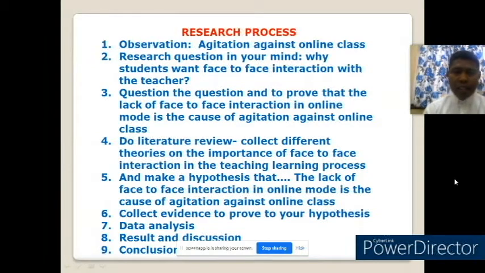As you can see in this slide, the first step of research work is observation, identification of a problem. Suppose you observe agitation against online class. Then the research question in your mind arises: why students want face-to-face interaction with the teacher? Then to question the question and to prove that the lack of face-to-face interaction in online mode is the cause of agitation against online class,